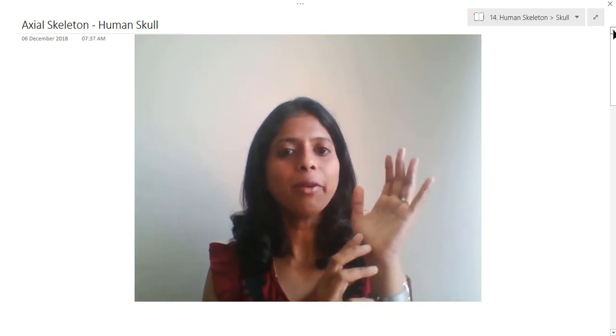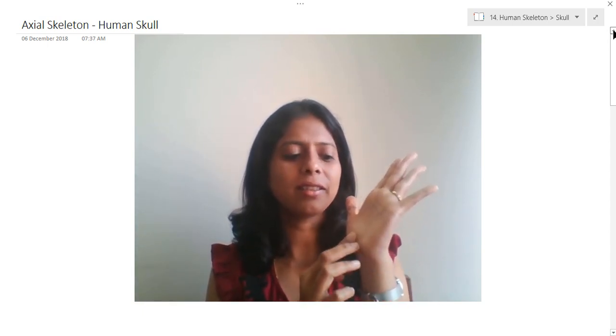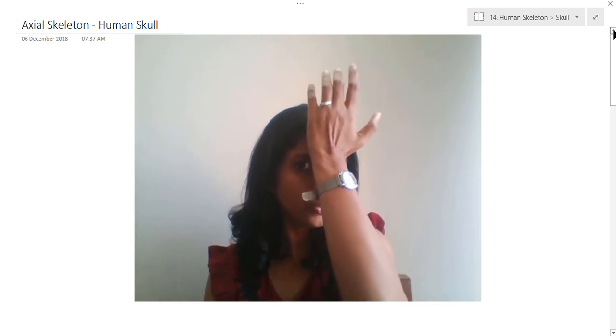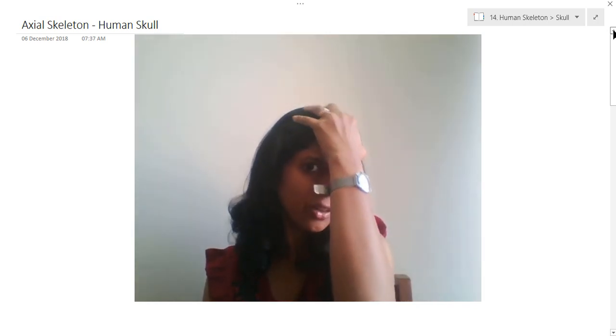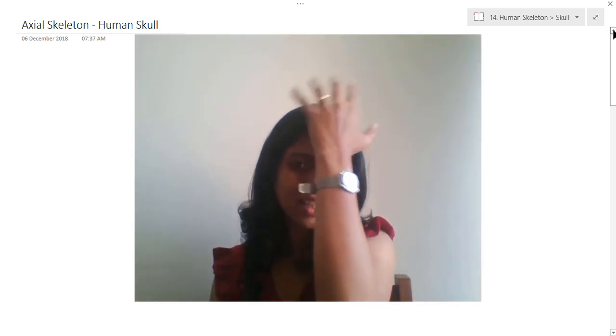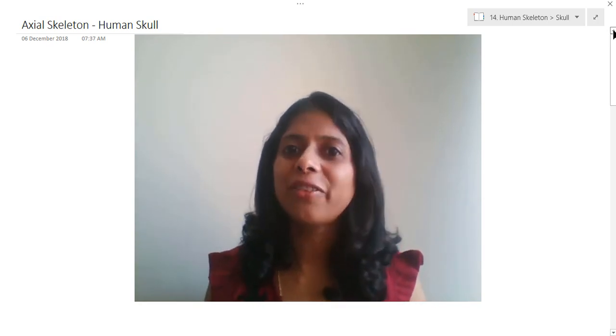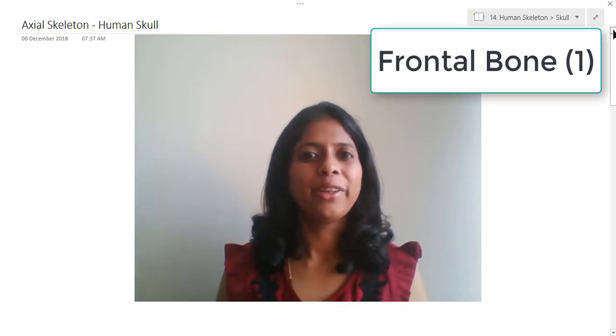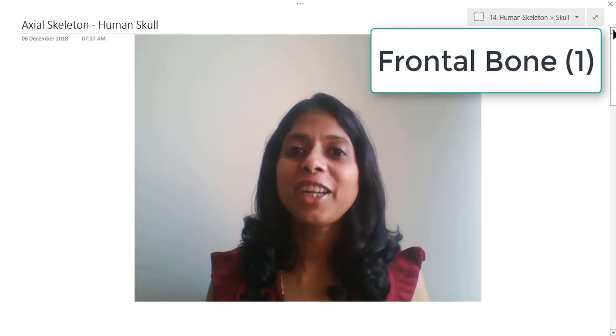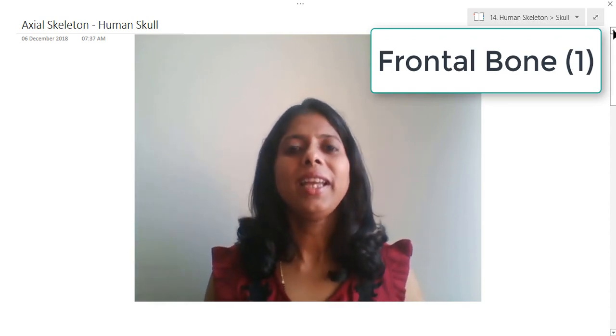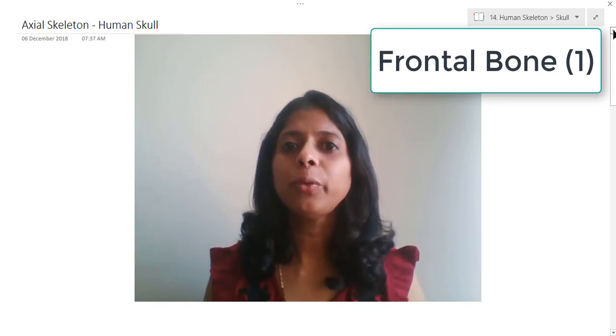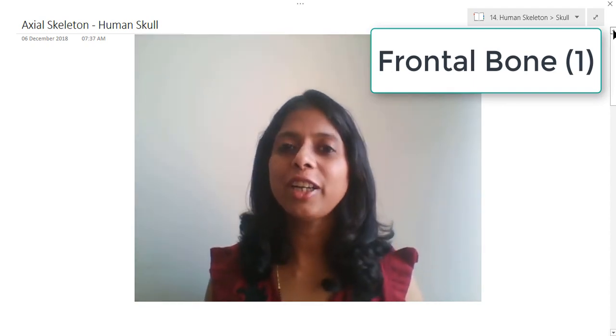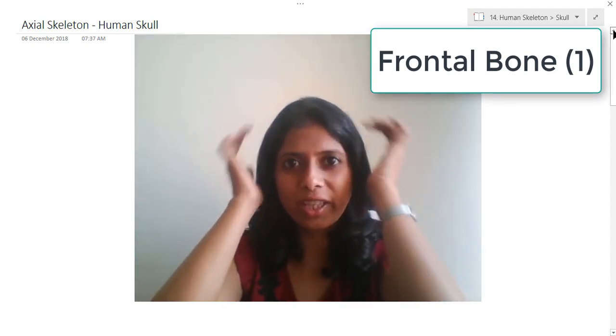Now see, when we take our palm and touch the line of our palm to our eyebrows, whatever area it covers when we place our hand like this, that is our frontal bone. What is that? Our frontal bone. We have only a single frontal bone, which covers this much area.